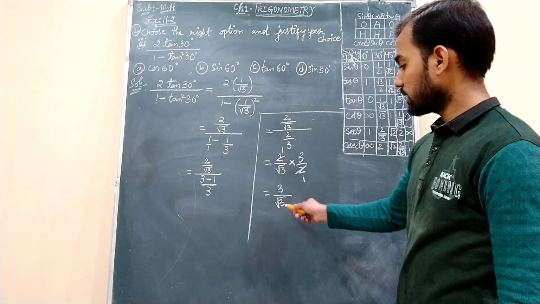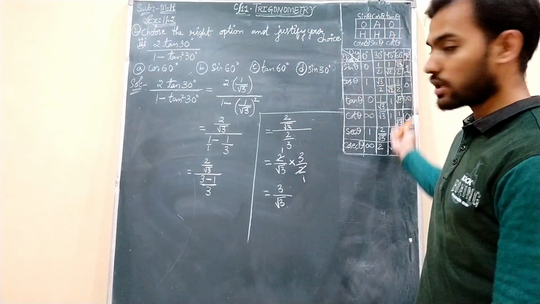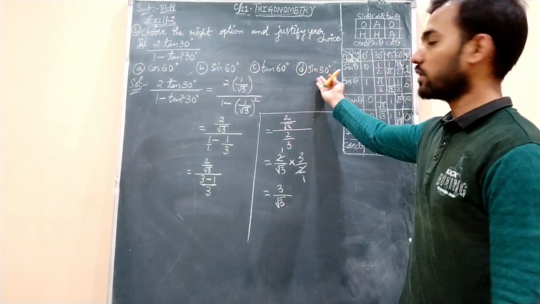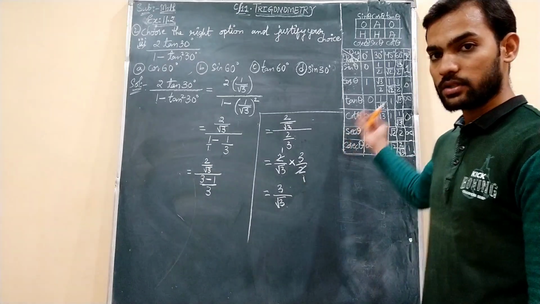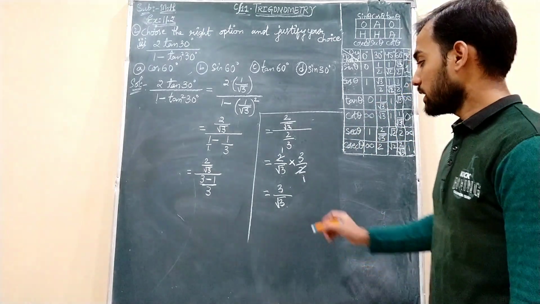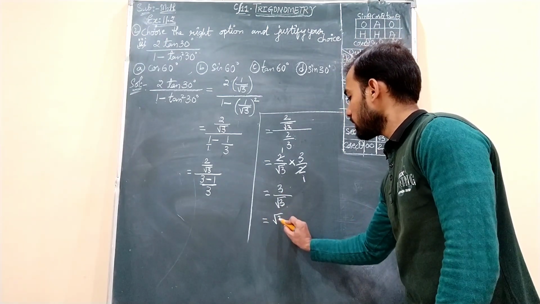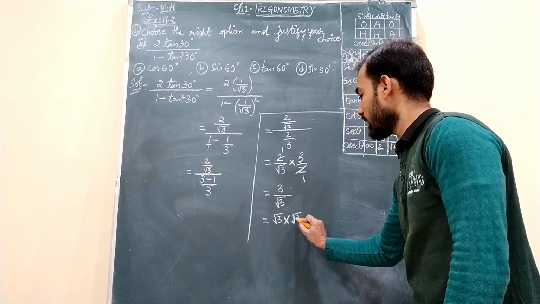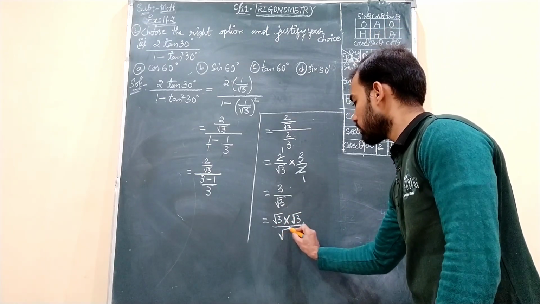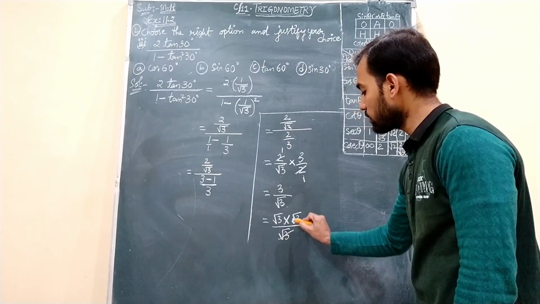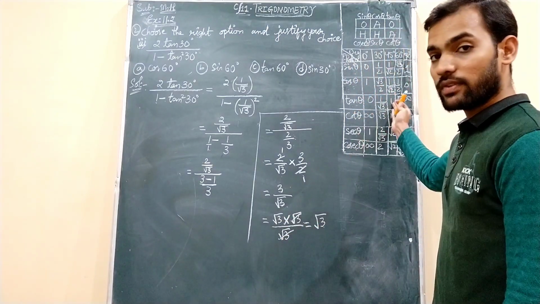As I said, no irrational number should be there in the denominator, because this 3 by root 3 you will not find in this case. You have 4 options over here. No single option will match this 3 by root 3, because in the table you are not having 3 by root 3. So what we will do, this 3 can be written as root 3 into root 3, right? Because root 3 into root 3 is 3 only. Divided by this denominator, which remains root 3 as it is. So what will happen? This root 3 gets cancelled. Only root 3 remains. This root 3 you will find in the table.